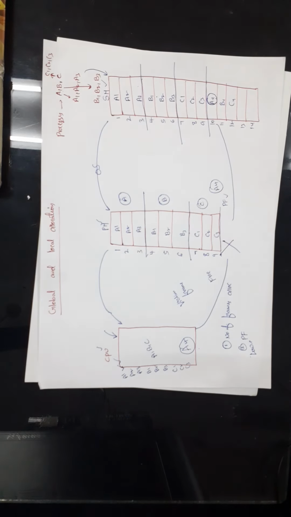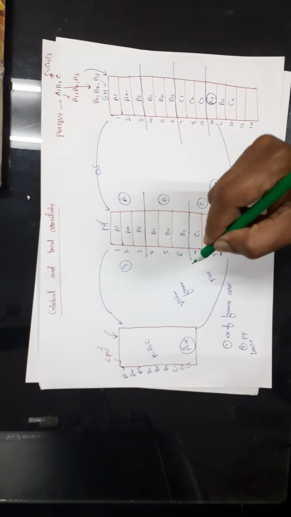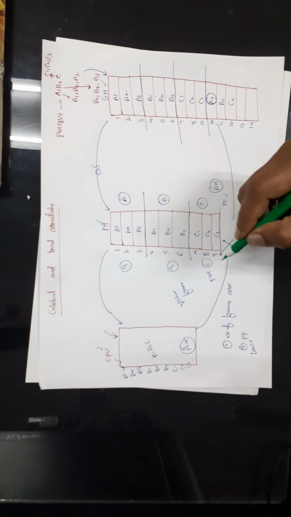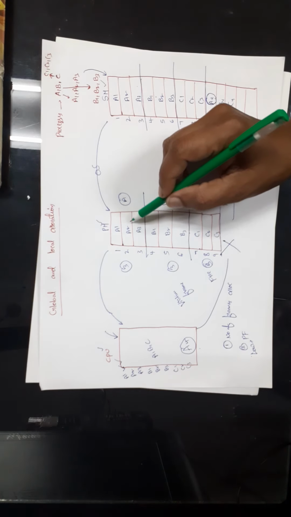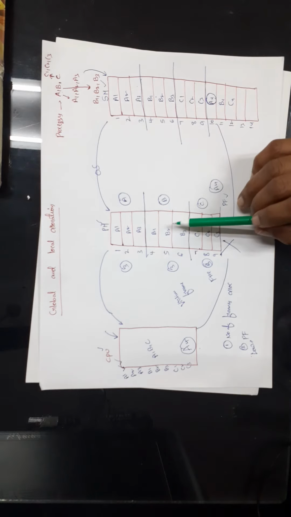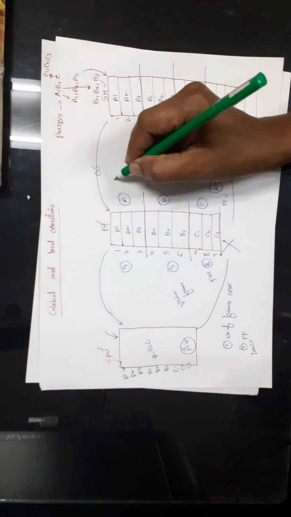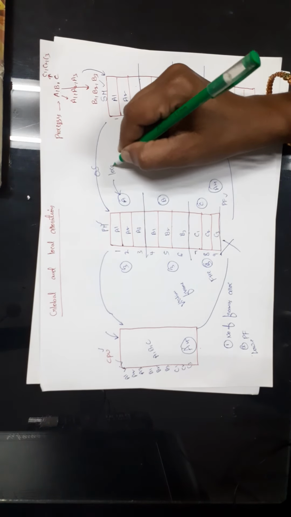In order to choose one victim frame, we can choose it from the process A frames. 3 are allocated for process A, 3 for process B and 3 for process C. So we can choose the victim frame from process A, or from process B or process C. If we choose the victim frame from process A, then it is called local allocation.